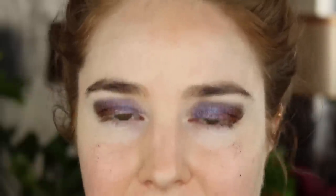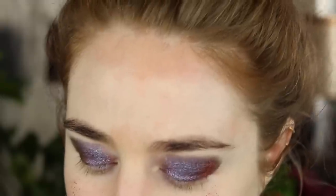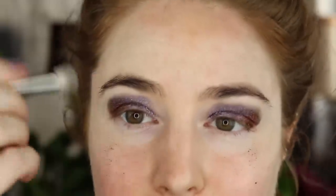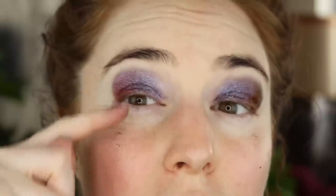All right, now I have this nice shape on my eye built out of two colors, and what I would do if I had more time is I would go in with sort of a dense round brush and I would try to blend the edges out and sort of get it diffused and then carefully build something else in. Because I'm in a hurry, I'm going to go in with a lighter shadow that's quite pigmented and maybe some glitter or something and use that to buff it out up into my brows,